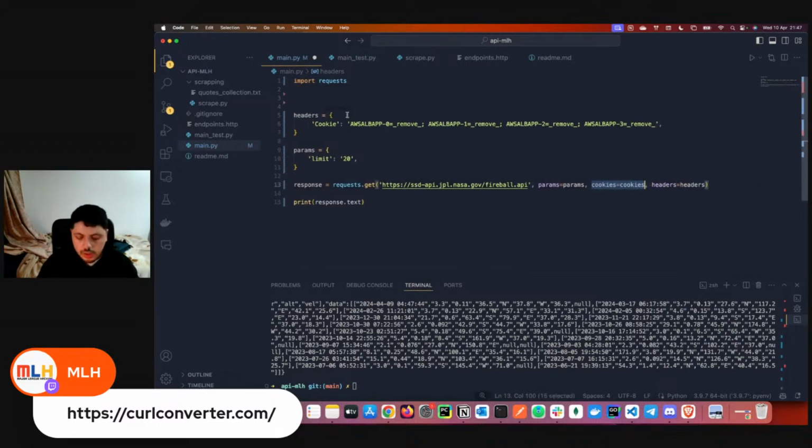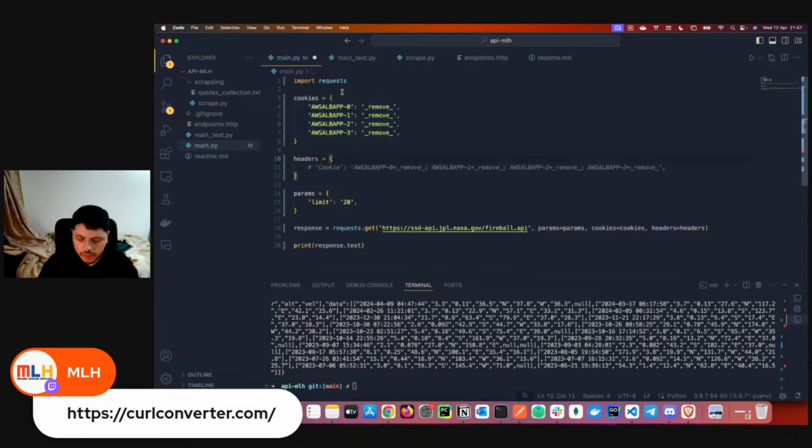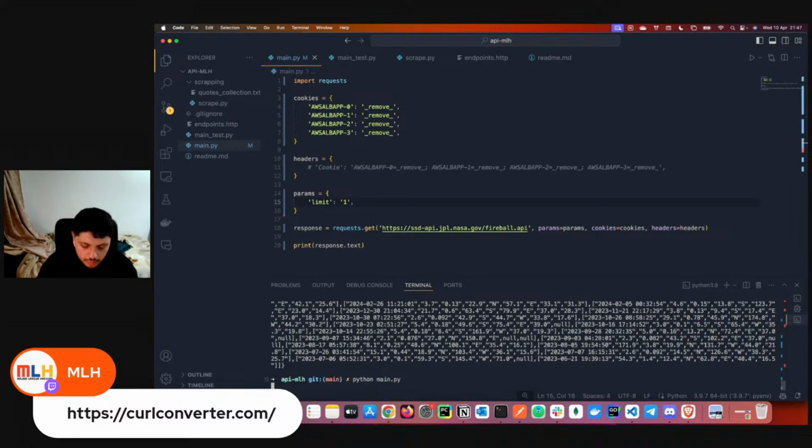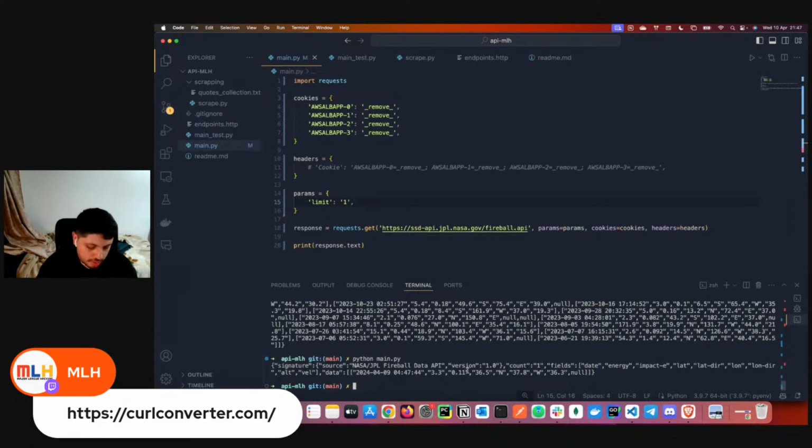I recommend you put them separate, not in the headers, because sometimes cookies can get a little bit tricky, and you want to differentiate which is which, and it's just some extra lines, so it will be really helpful. So if we put a limit of 1, probably we'll just take 1. Okay, so that's great. So it's working.